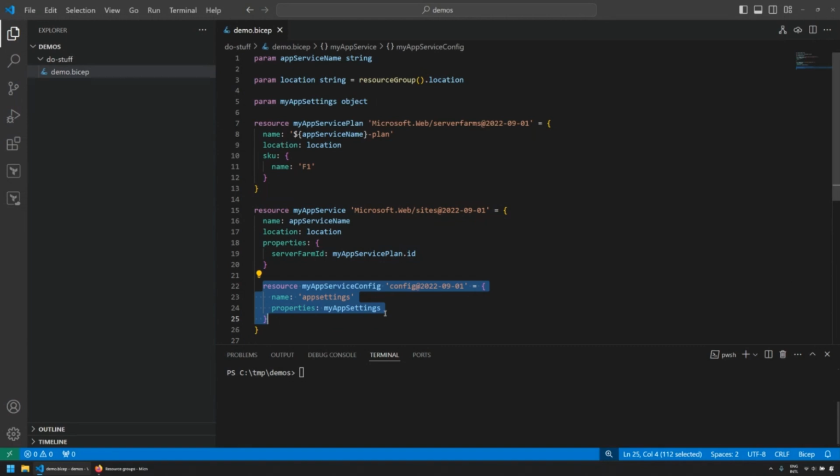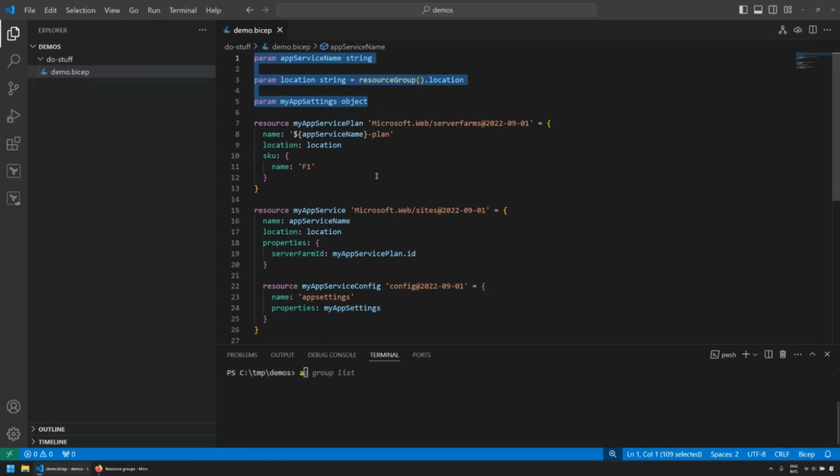Now, normally, when you want to deploy a template like this, you can do that in a number of ways. The first one is to start a deployment from the command line. And then you have to specify values for the 3 parameters at top. You don't always want to do that, especially when you want to deploy to multiple environments.